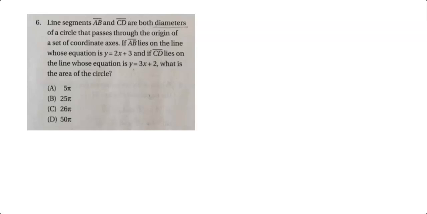Okay, so we have line segments AB and CD are both diameters of a circle. Okay, and any diameter of a circle is going to go through the center of the circle. And the circle itself passes through the origin. Not the diameters, but the circle itself. So if AB lies on the line whose equation is y equals 2x plus 3,